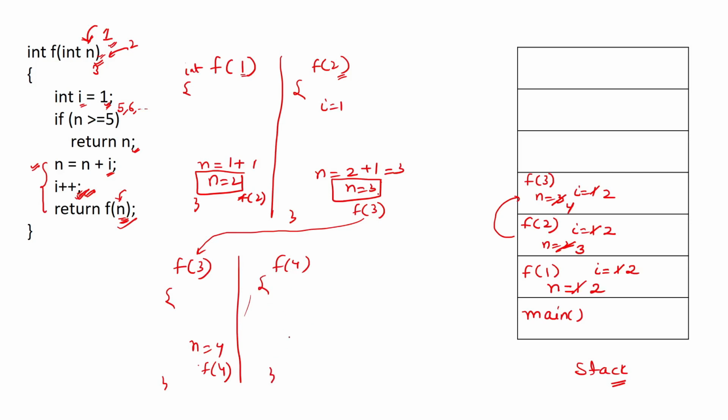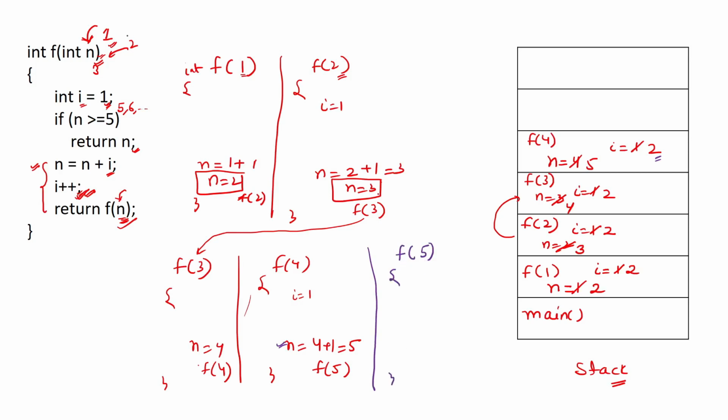So I will directly write the answer. In this code again n was 4 plus 1, 5, and f of 5 was called, okay, and i was like 2. Now f of 5 is called, right? So this will actually be our last recursive call. So you can see 5 is copied into this n. So n is now 5, and i will again be 1. Now this if condition will be true, okay, because n is equal to 5, right?